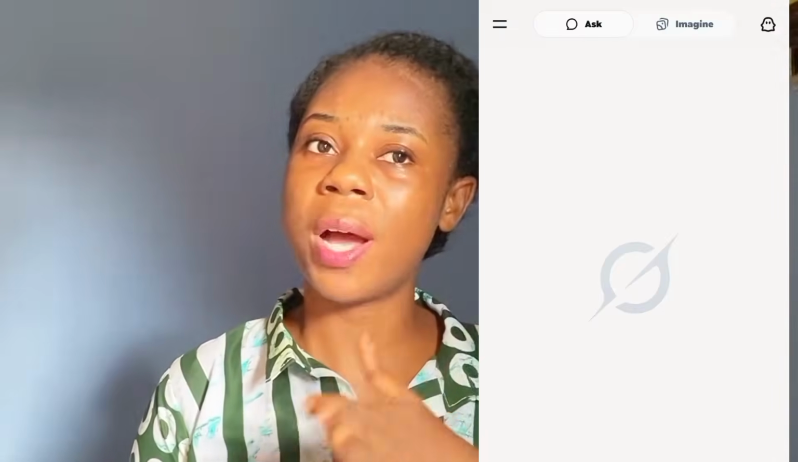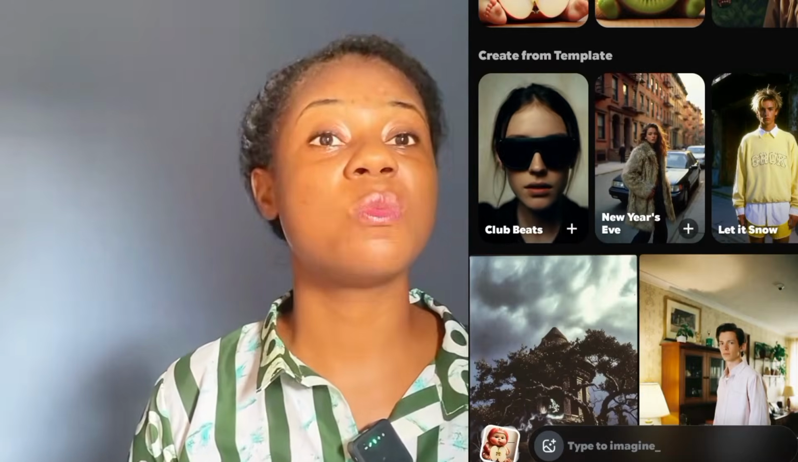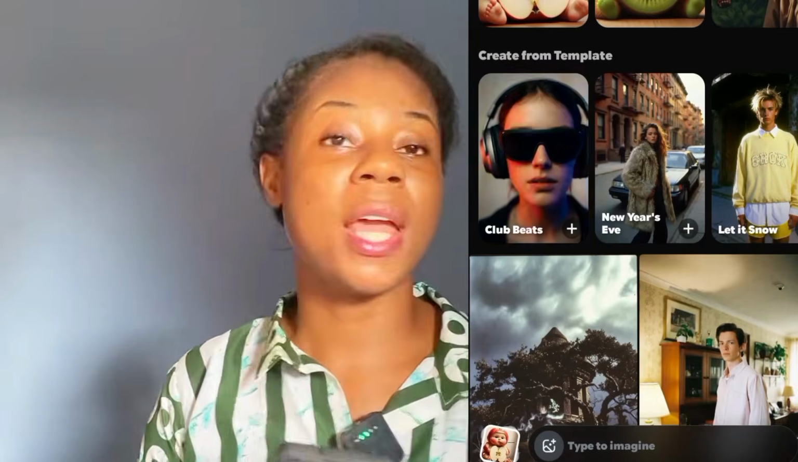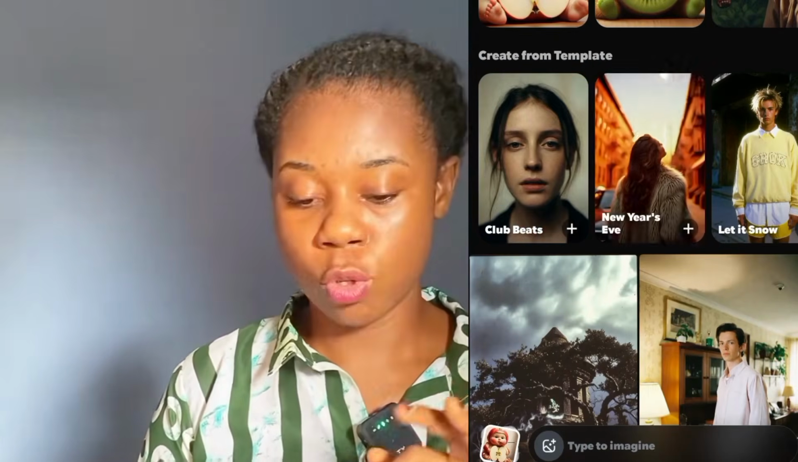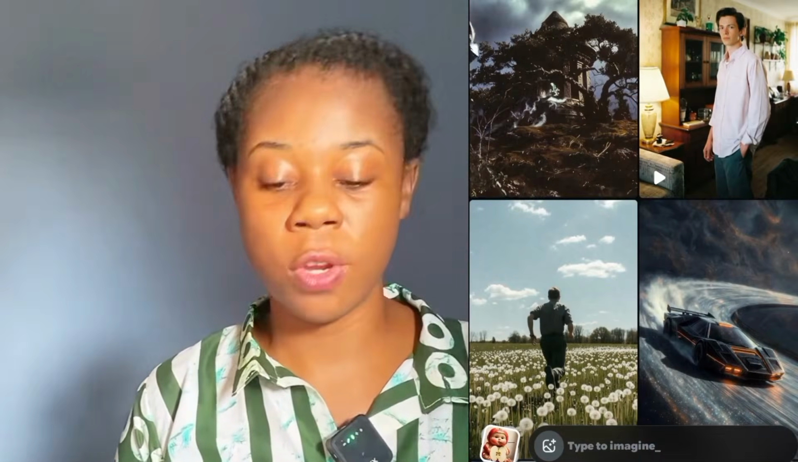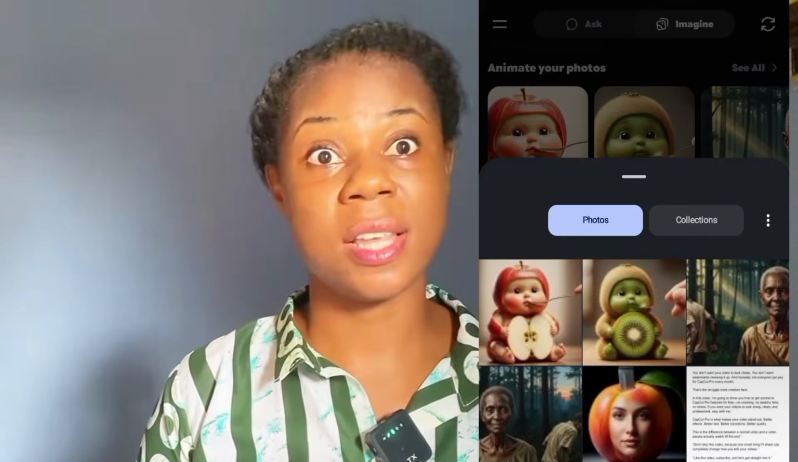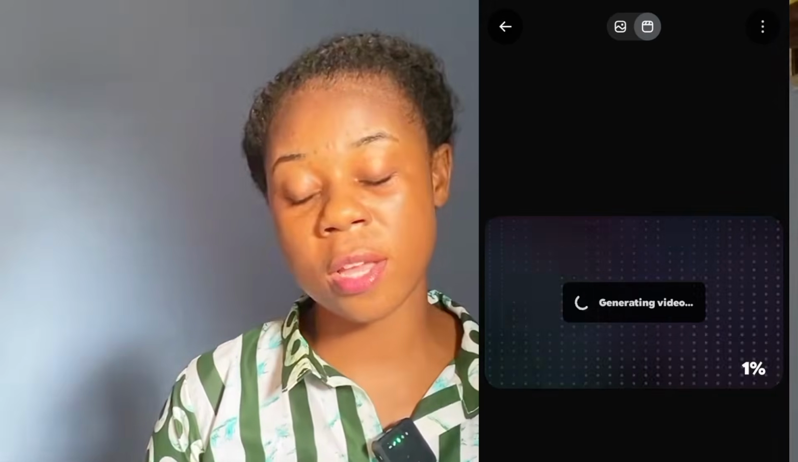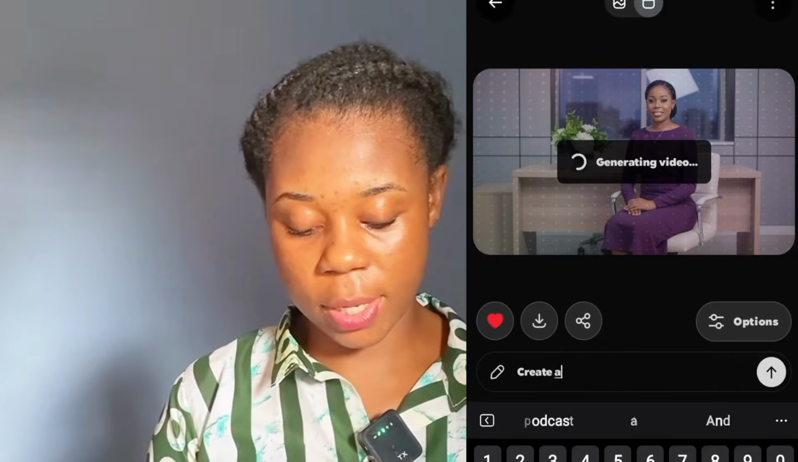So you come over to the part that is written imaging. So click on it. Once you click on it, go ahead to bring in any video, any image that you want to turn into a video. Okay, so I'm just going to go ahead to bring in the image that I want to turn into a video. So I'm going to click down here to be able to access my gallery. So here is the image that I want to turn into a video. So what I have to do is for me to just kindly go ahead to type create a realistic